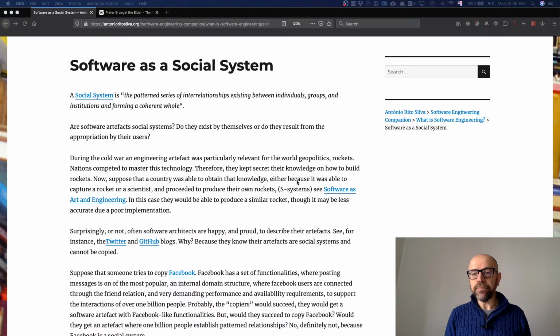Okay? Now we have the question, why is this relevant for a software engineer? That is something we need to think about, because it means that it's not just by having functionality in a system that makes it a product. The final product is what we put in the system plus the ability of people using the system. And there are a lot of impacts here.